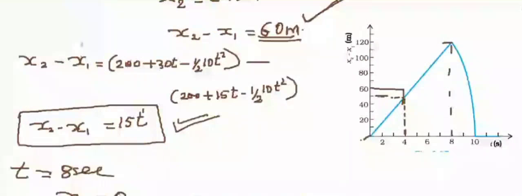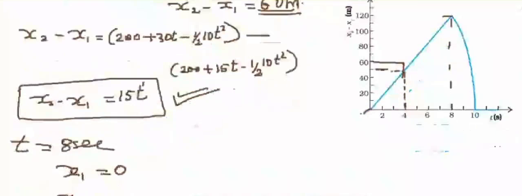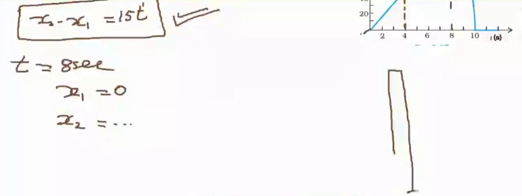If x1 is 0, what is the meaning of x1 being 0? x1 equal to 0 indicates that the first stone, which was thrown upwards from a cliff, returns back to the ground. That is the meaning of x1 equal to 0, while the second stone is still remaining in the atmosphere, in the sky. Okay. Now,